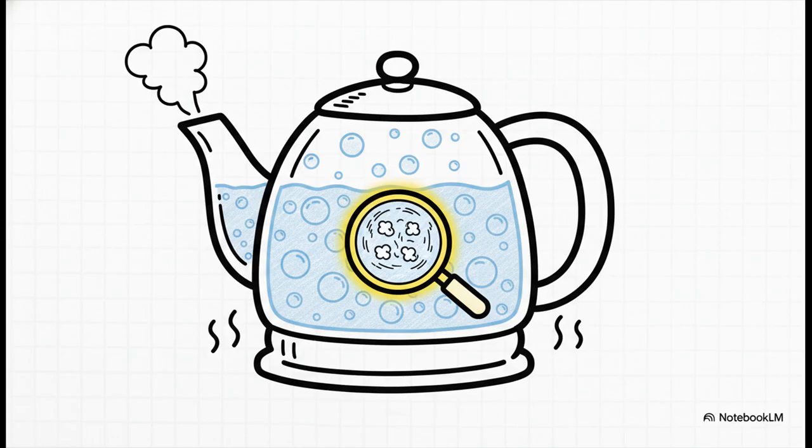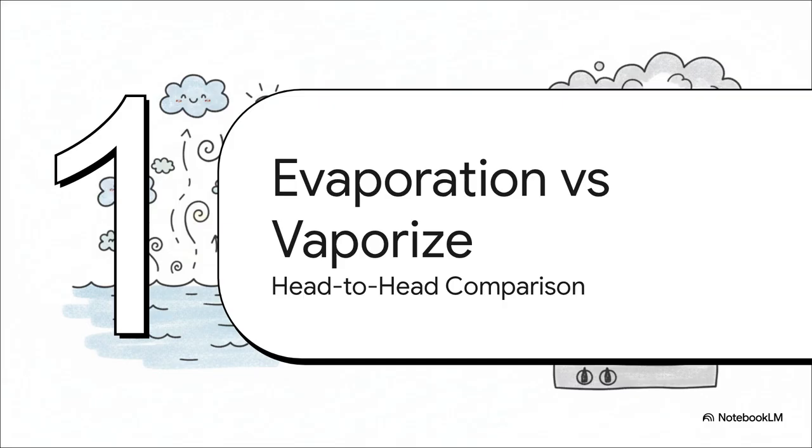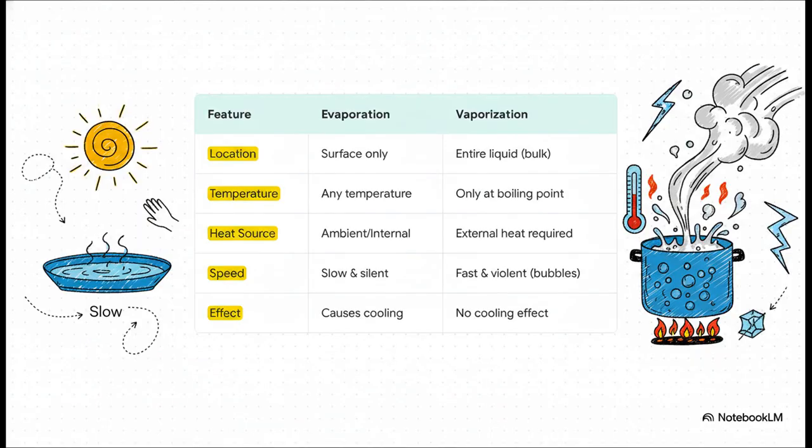And this takes us right back to our kettle. Those bubbles you see, they're not just air. Nope. Each and every one is a little pocket of water that is turned into steam from deep inside the pot, and it's rising up to escape. That is vaporization in action. All right, now let's put them side by side and really lock in the differences. This chart lays it all out perfectly.